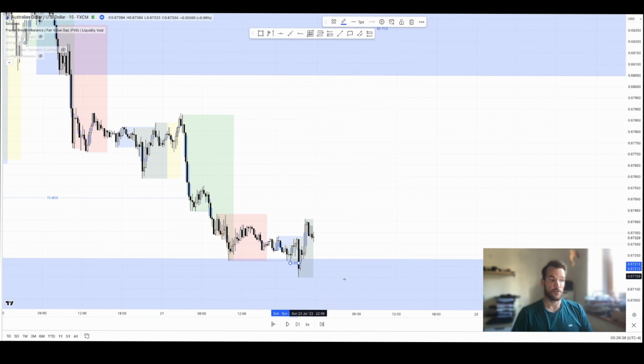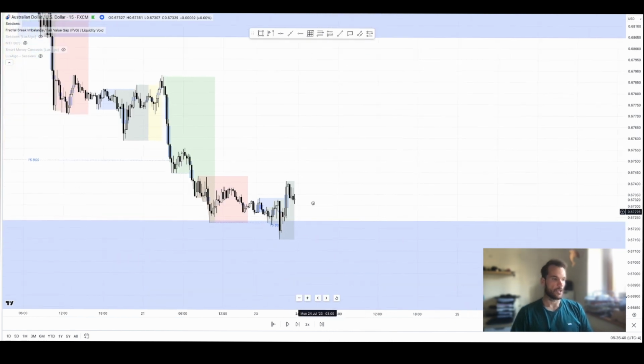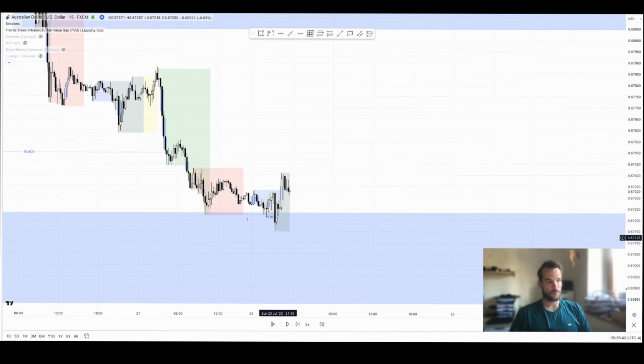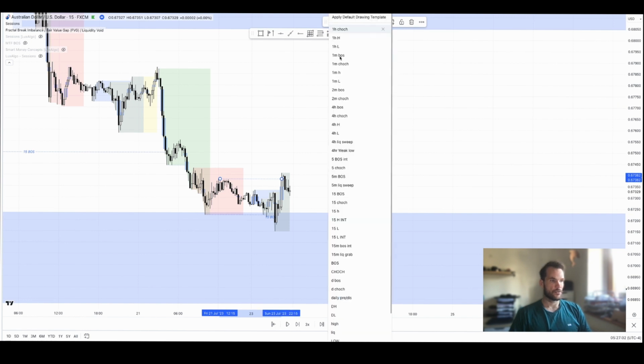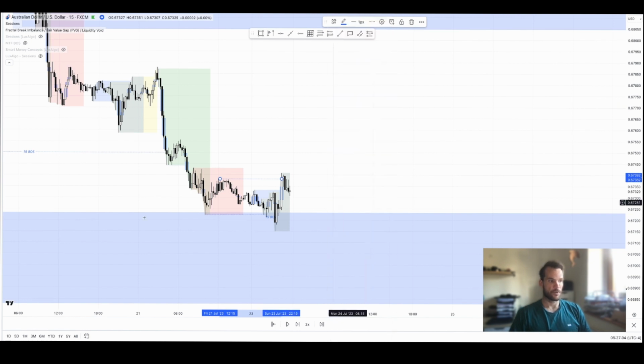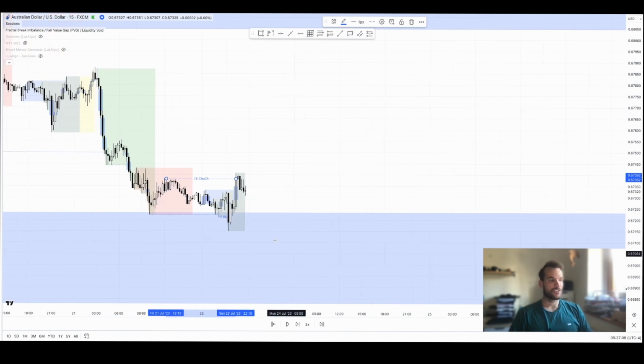We've tapped into this 4-hour though. So this is where we were looking for CHoCH longs. So pretty much, did we get that? This was the last, we swept, and this is the high. We do have a CHoCH here. So this all lines up with a 4-hour internal uptrend with a 4-hour point of interest, especially